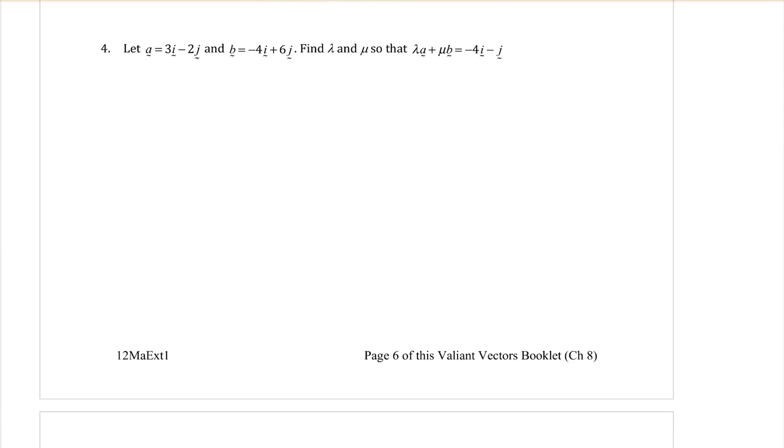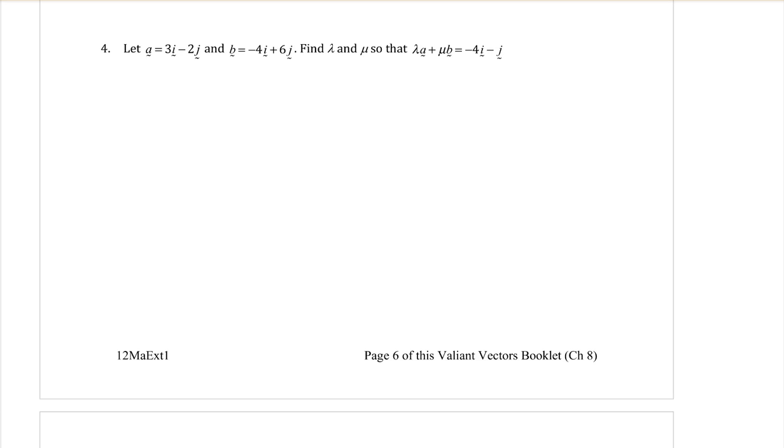Let A equal 3i minus 2j and B equals minus 4i plus 6j. Find lambda and mu so that lambda A plus mu B is equal to minus 4i minus j. There's a lot of letters in there, isn't there? Okay. So I need to find out,